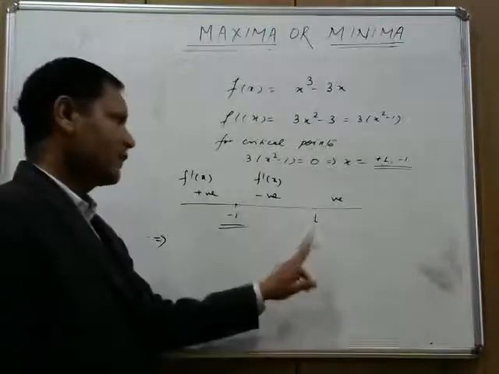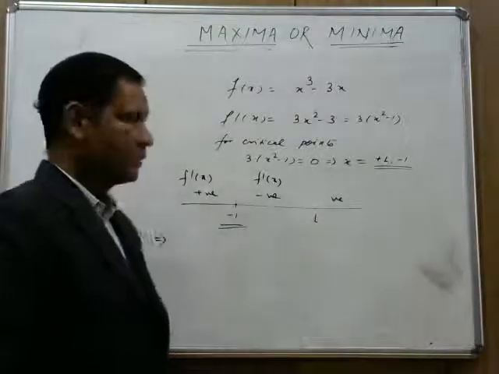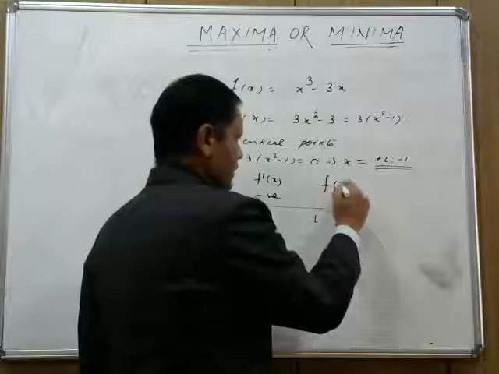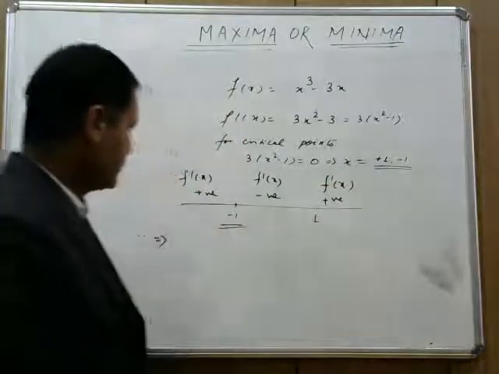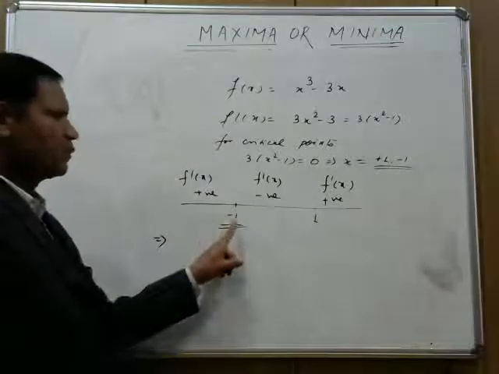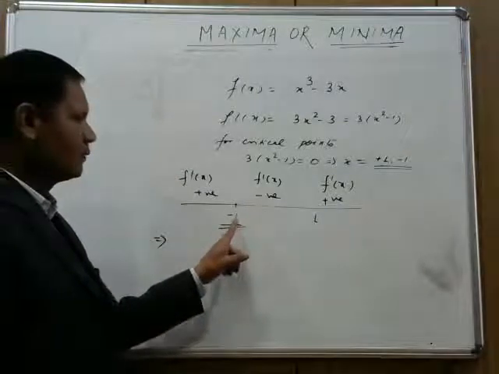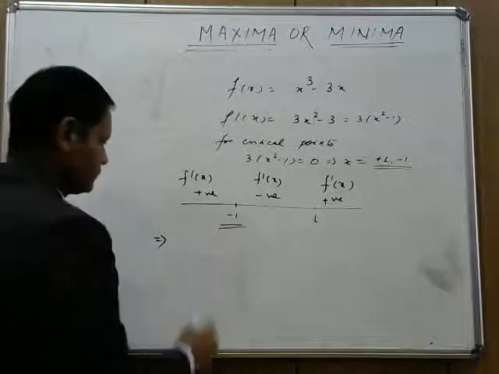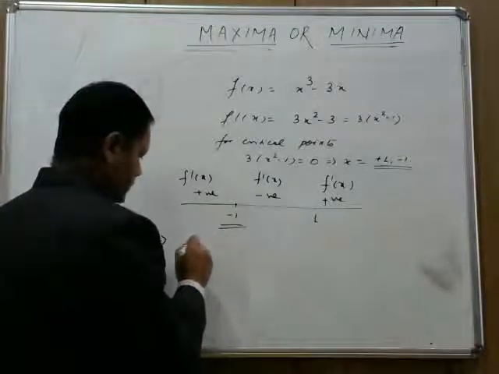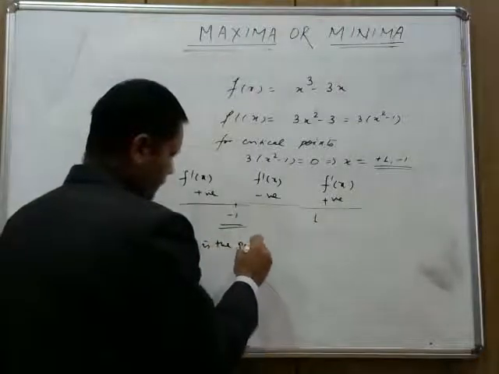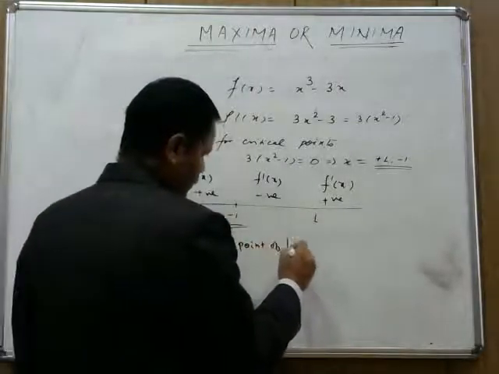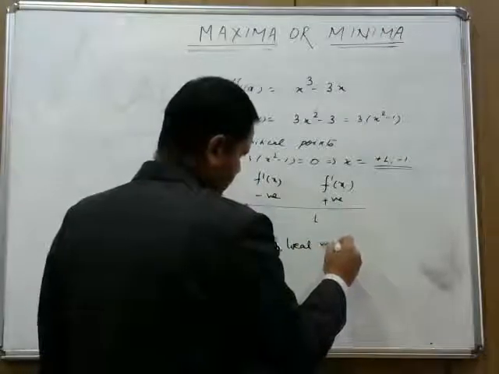If I take any value just after 1, its sign is positive. That means this minus 1 is the point of local maxima. Therefore, minus 1 is the point of local maxima,